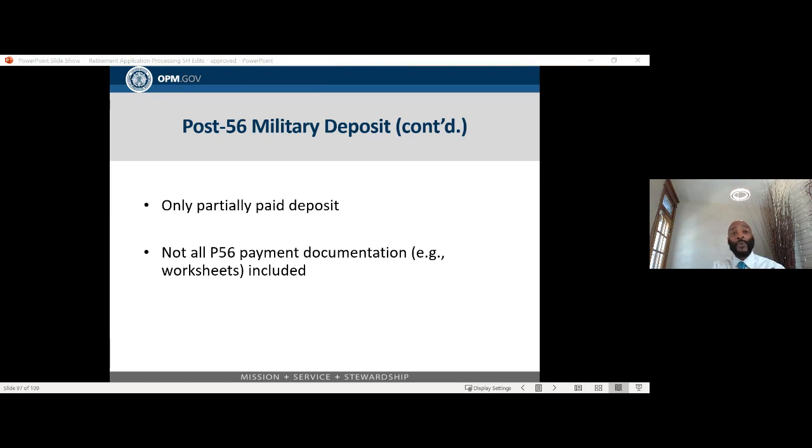For partial paid deposits, we need to determine if the payment is pending and is going to be paid in full. We particularly need to know about post-56 military deposits that are paid just prior to retirement, and if a post-56 IRR is still forthcoming, because we need that documentation. And if a post-56 deposit is paid prior to retirement, include all the post-56 worksheets in the retirement package and